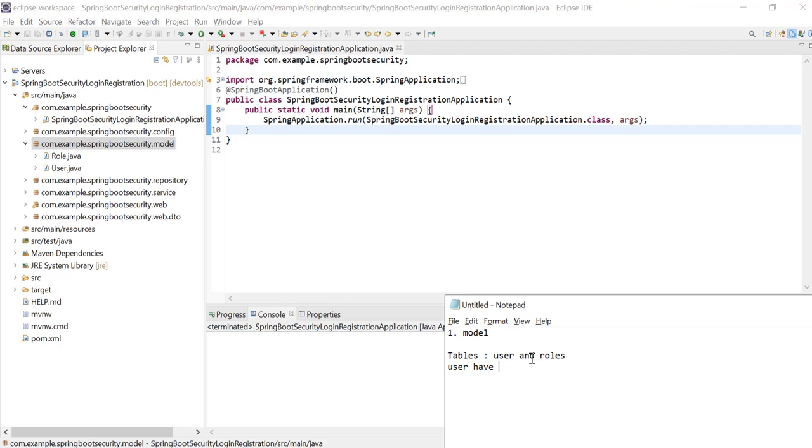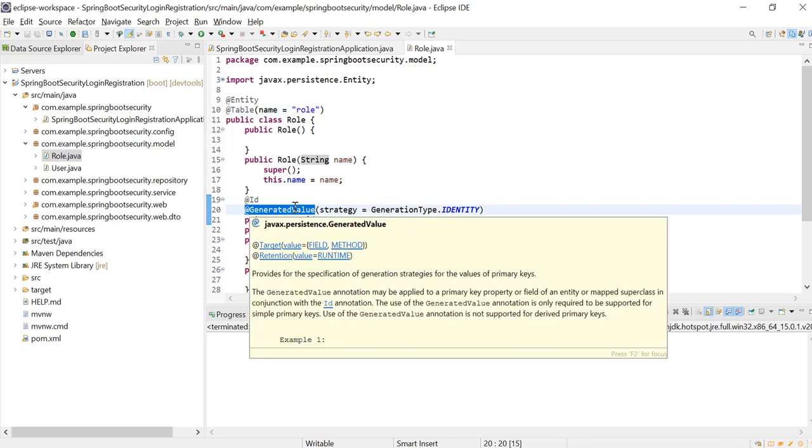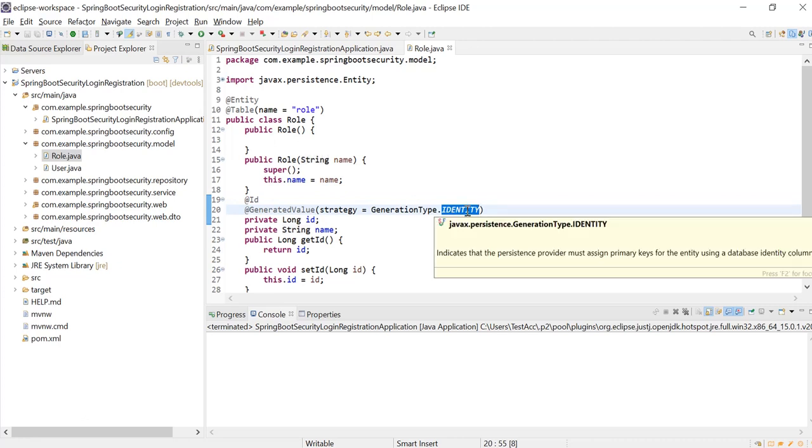So I'm going to create a third table, which is a join table of the two tables, users and roles. Here I'm going to create a role table. The GeneratedValue annotation is applied to the primary key property, the ID field. It supports only the primary key. If it is identity, it is auto increment.